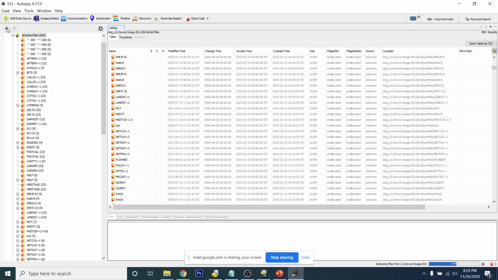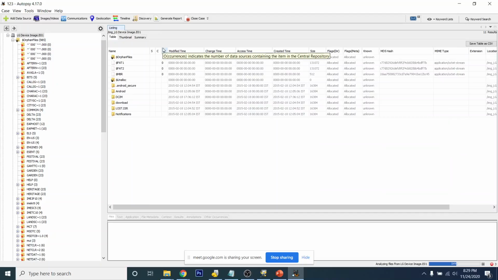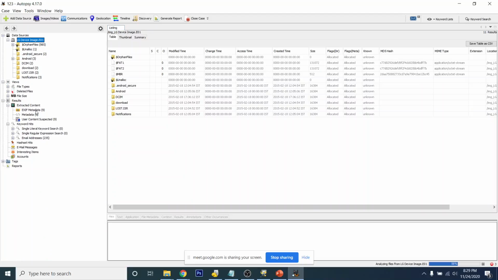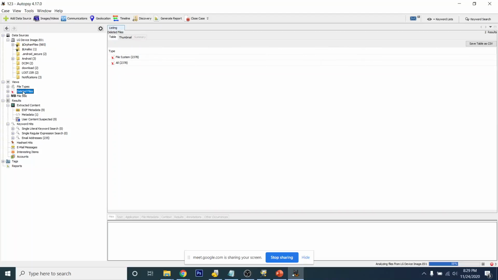Okay, so let me show you the main part of Autopsy. Instead of searching in detail, you can just go to data source, and here is an option for deleted data. Wait a second. Okay, see, here is an option for deleted files. So it has automatically gathered all the deleted files within the phone.